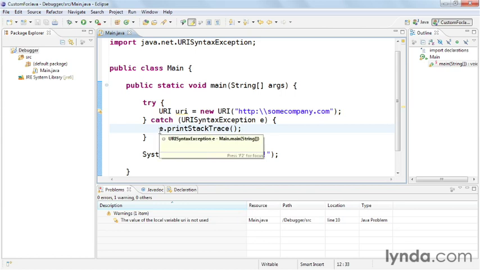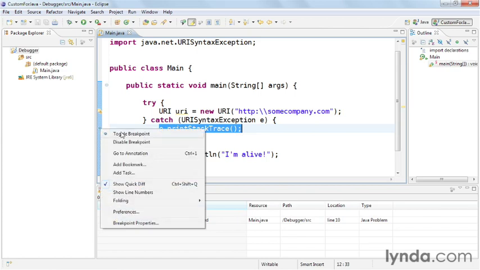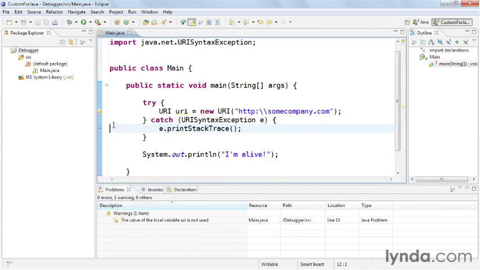To do this, place a breakpoint on the line where the exception object is in scope. In this case, it's on this line, where I'm calling print stack trace. To set a breakpoint, go to the left trough on the left side of the editor and either double-click or right-click and choose Toggle Breakpoint. Either way, you should see this little icon showing that there's now a breakpoint at this